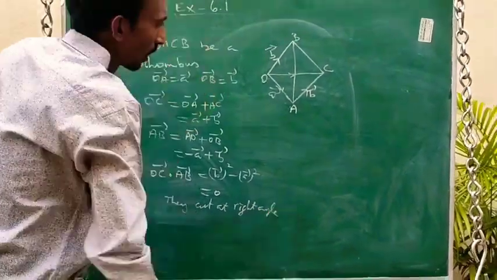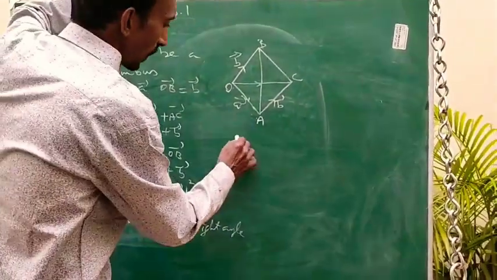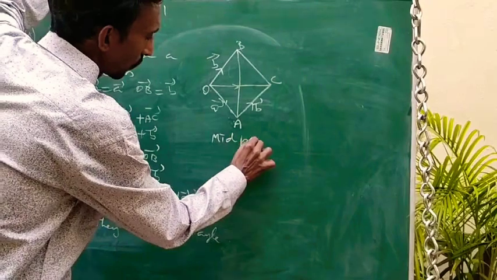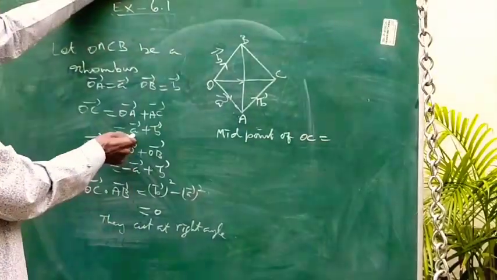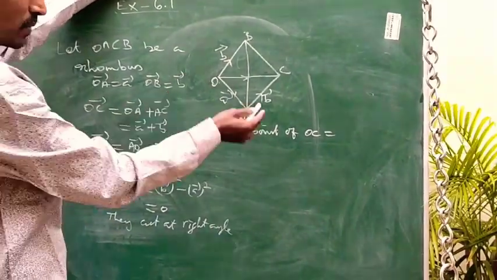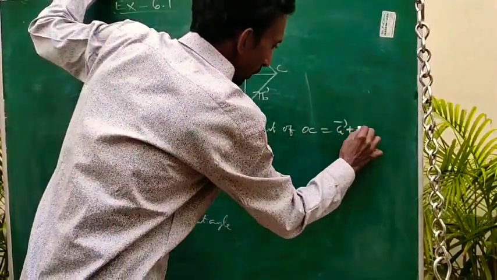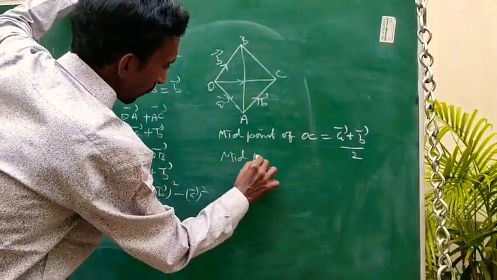One more thing, our aim is to prove the midpoint of OC is equal to midpoint of AB. So midpoint of OC. So what we are getting? OC is A plus B. Midpoint means divided by 2. So A plus B by 2. Okay. So midpoint of